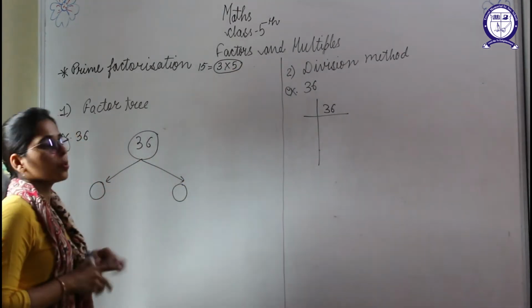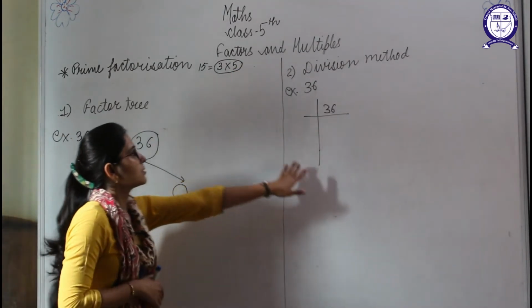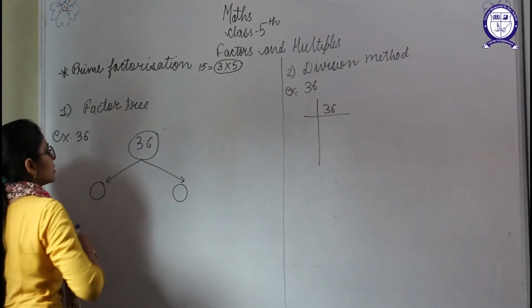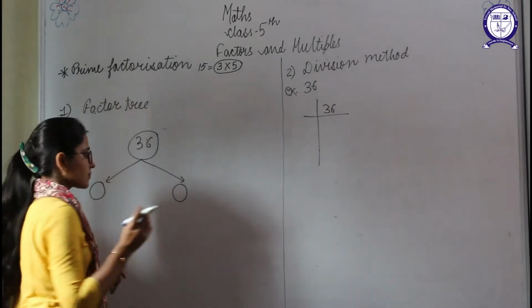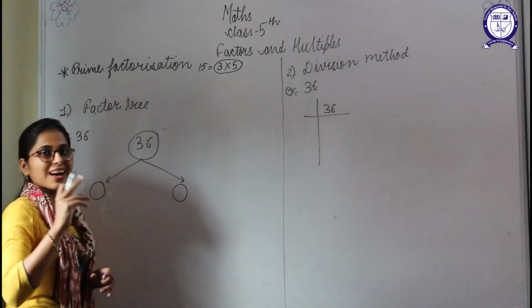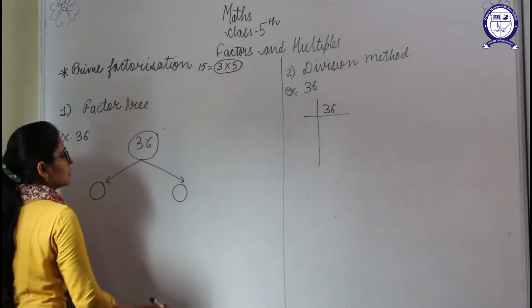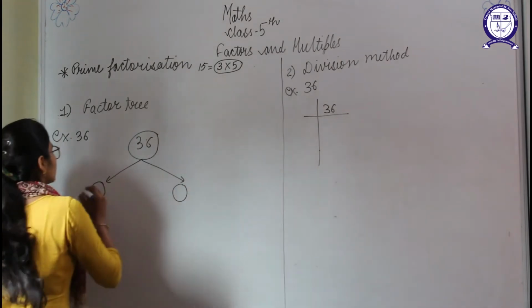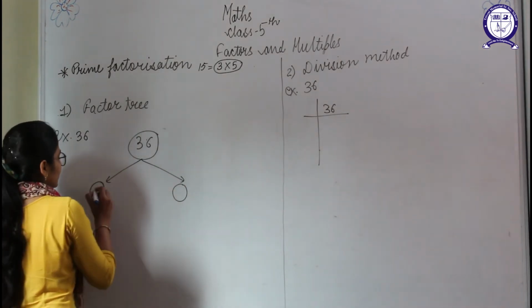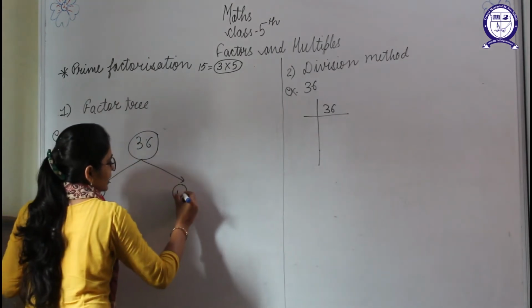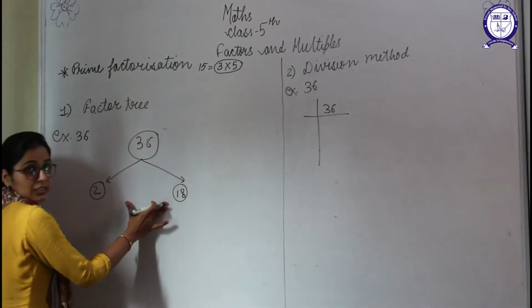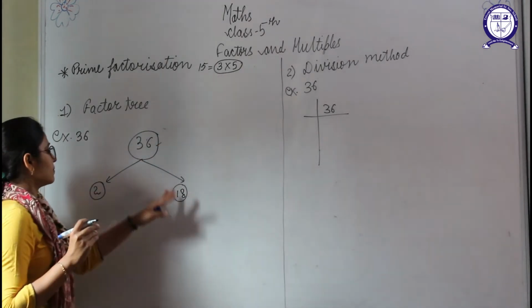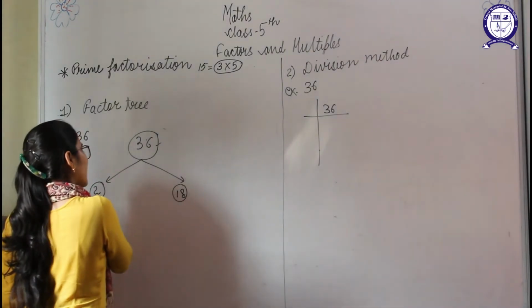Now this can be done with two methods. One is the factor tree, the second is the division method. With the factor tree, you just divide the number by the smallest prime number by which it is divisible, other than 1. Until the factors remain as 1, you have to keep dividing. So 36, we will divide by 2, then our answer will be 18. Means the product of these two numbers must be 36. Like that you have to do partition of the number.